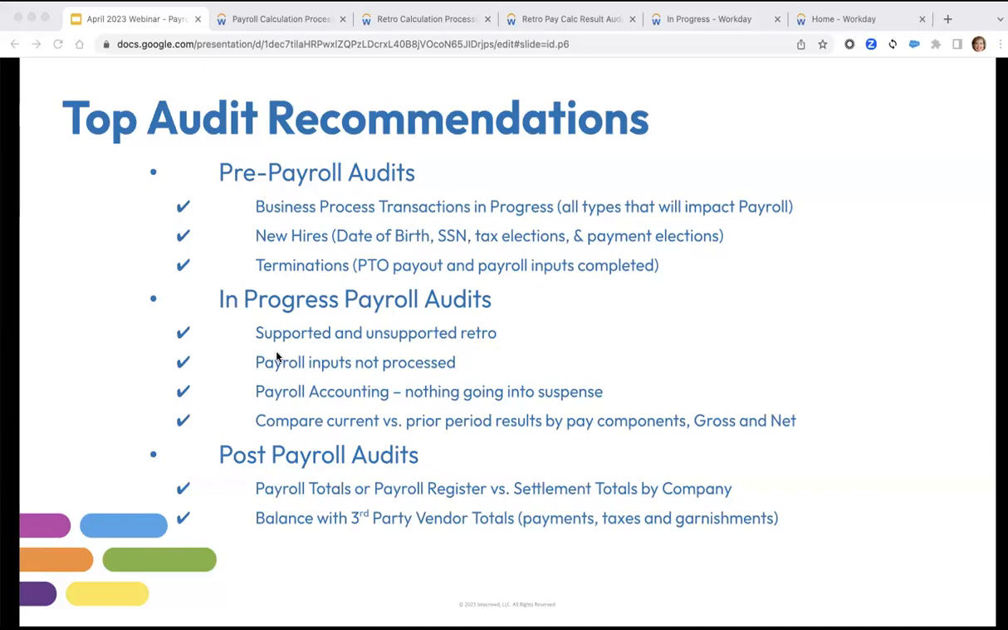Also looking at new hires. Do they have date of birth, social security number, tax elections, payment elections? We know with payment elections, if you're using a third party, there's a cost to printing checks. So you can send reminders to employees or ask HR to follow up. And then with date of birth and social security,